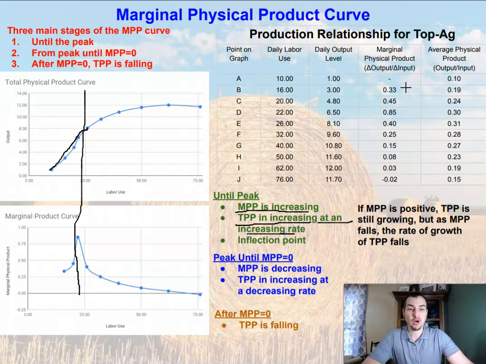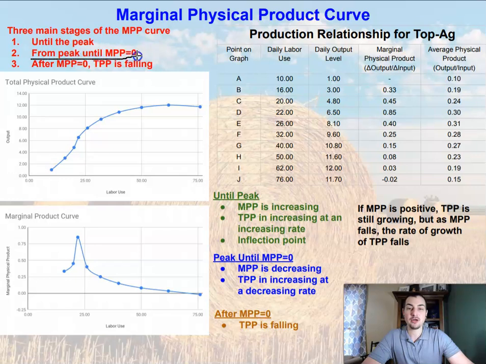We know as long as marginal physical product is increasing, so from here to here, as long as those numbers right here are increasing in value, not only do we know that total physical product is increasing, but it's increasing at that increasing rate. The next main section is from the peak until marginal physical product equals zero. So the peak right here until marginal physical product equals zero, way down here,